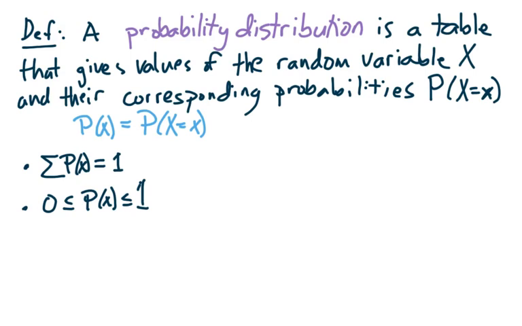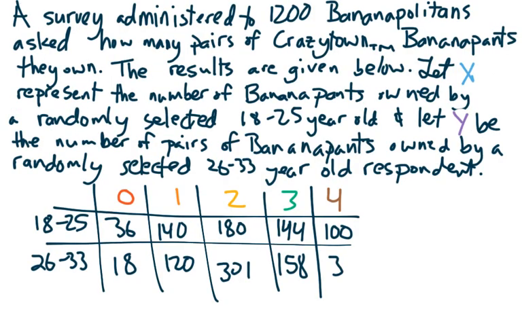So if we have a probability distribution, notice that x isn't necessarily an outcome like we saw in the previous example. It could be a number based on outcomes. Probability distributions have to satisfy these two properties. If you ever made a relative frequency distribution table, congratulations, you have a pretty good idea how to do probability distribution tables. So now I want to do two things. I want us to practice making a discrete probability distribution, and I want us to look at a couple of tables and determine whether they are a discrete probability distribution or not, whether they satisfy the rules. So let's do one of those things. Let's take a look at this.